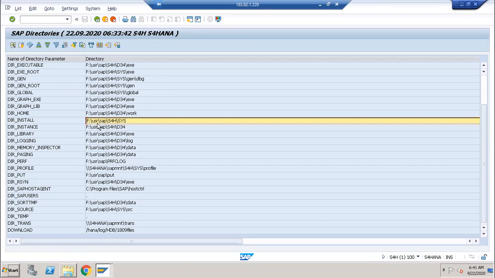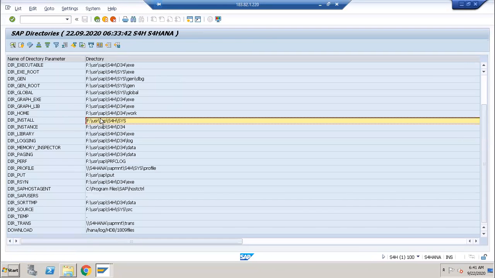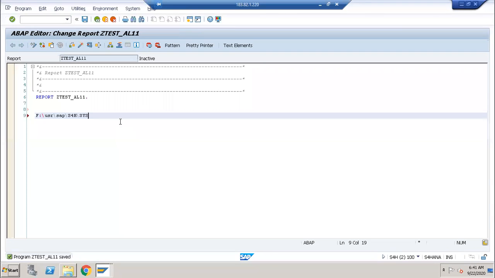I'm copying this one and I will come to the program and just paste the file location. This is the file location. Here I'm not providing any file. This is a folder, the folder location.